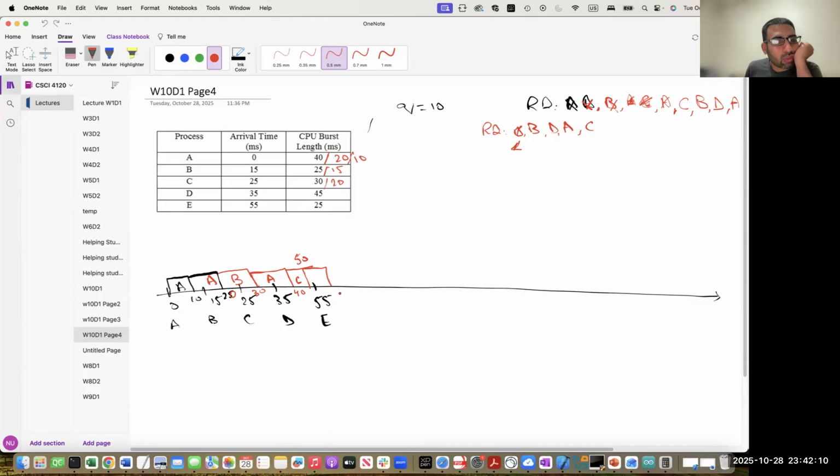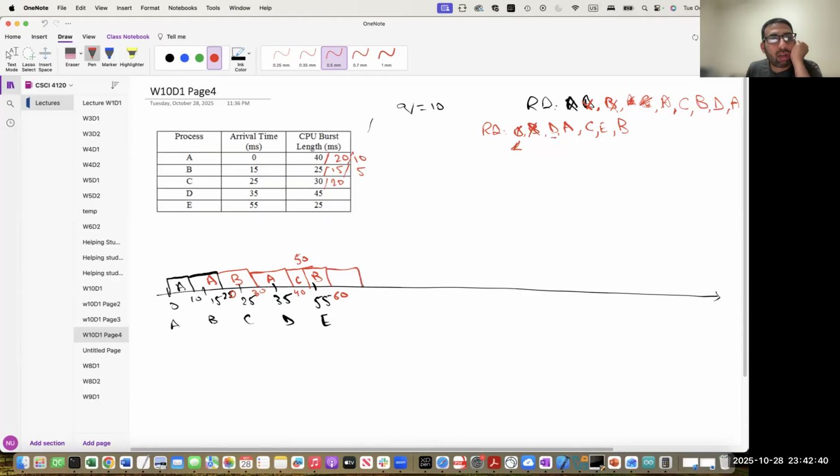Yeah. So, at 55, the E arrived, right? And then at 60, the B is removed, right? And it is put at the tail. How much time of the B do we have left? 5, right? Then at 60, now we pick the one which is at the head, which is D, and allow